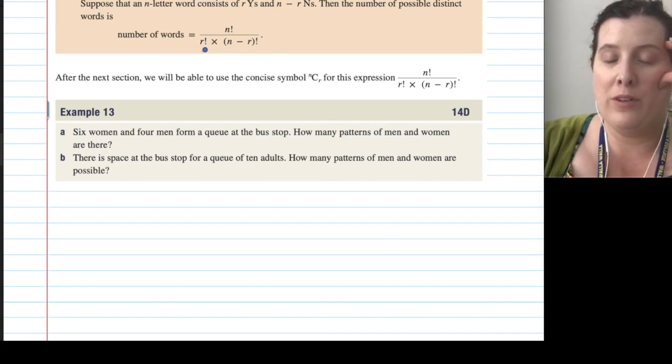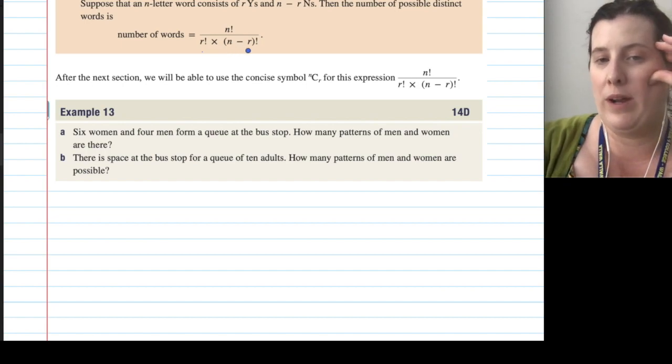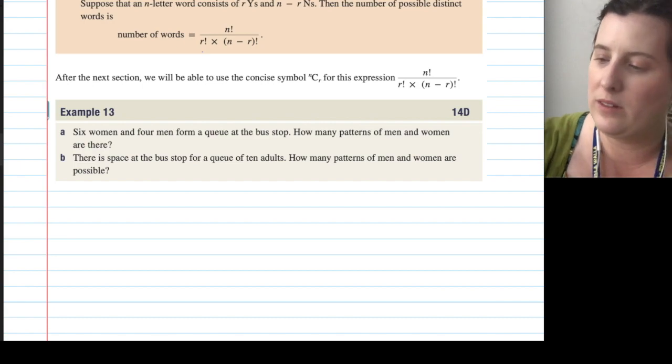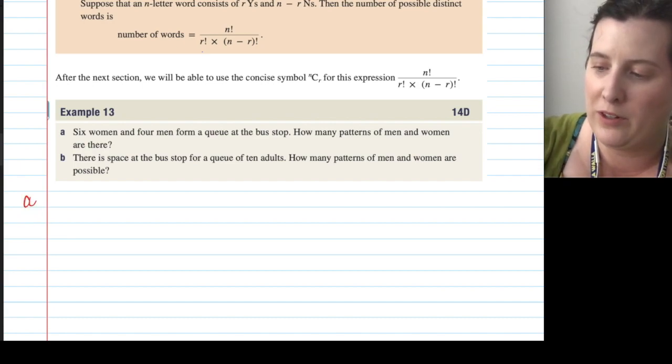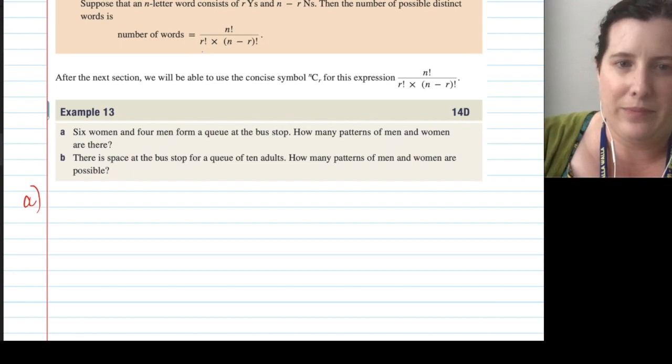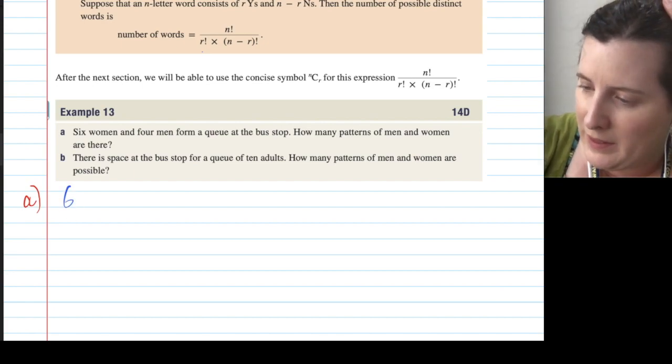When you know the number of wine glasses, you don't know the number of whiskey glasses, but you know it's the same as the whole lot minus the number of wine glasses. This is just a specialized formula for these different cases when there's only 2 things. So to figure out the number of one thing, you do the whole lot minus the number of the other thing. So we've got 6 women,